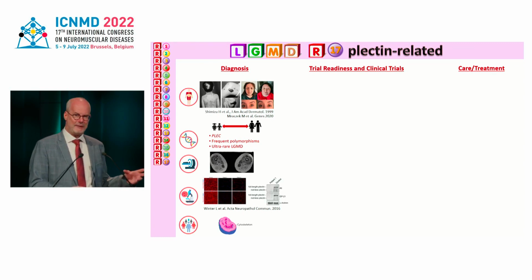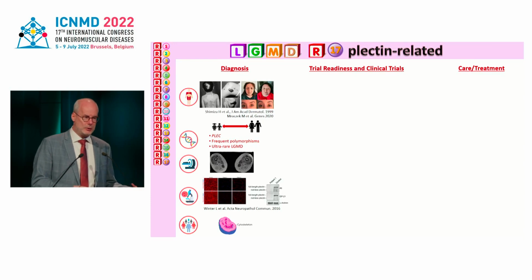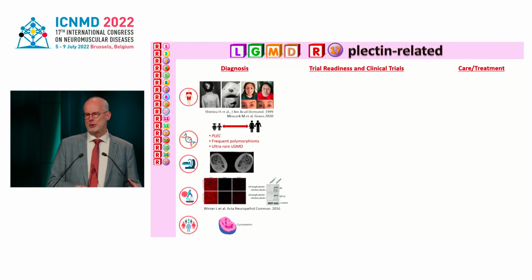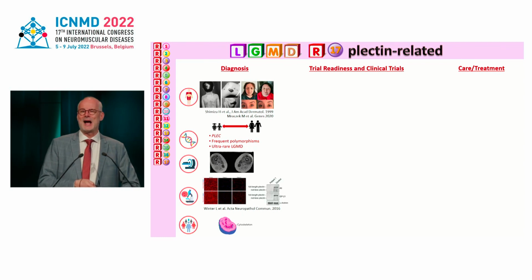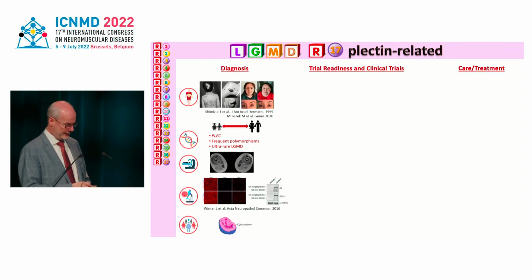Many mutations are affecting exon 1. But what's interesting is they don't always need to have epidermolysis bullosa. Actually, a few patients have now been described that also show congenital myasthenic syndromes. This is why these patients are listed, because they can present with ptosis without any epidermolysis. So the plectin gene shows a lot of polymorphisms if you do exon sequencing, so you have to be careful there. You can do immunohistochemistry and also Western blot for plectin, but overall, it's an ultra-rare limb-girdle muscular dystrophy,